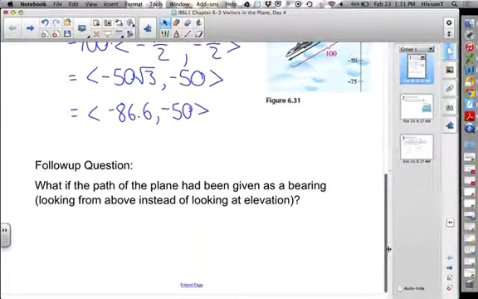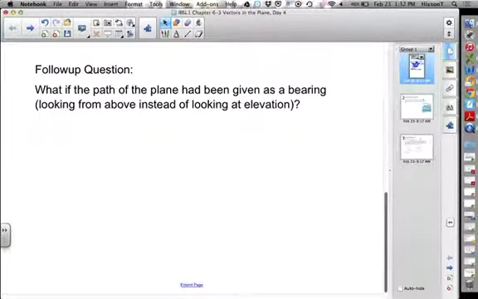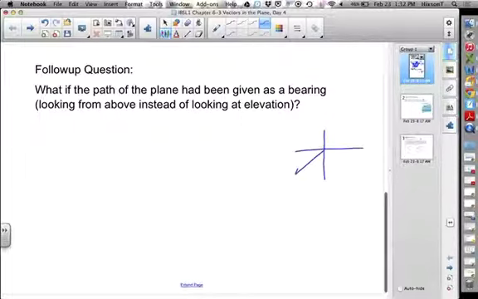Now, one thing I did want to make sure we answered here is, what if the path of the plane had been given as a bearing? And of course, this one we wouldn't be looking at descending, but I just wanted to address this here at the beginning. Let's say instead of descending at an angle of 30 degrees, let's say we were going south of west by 30 degrees, okay? We're kind of looking from above instead of watching it land. All right, that one angle would have the 210 degree angle,